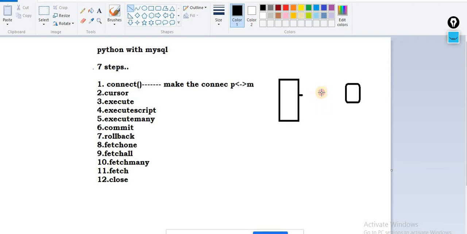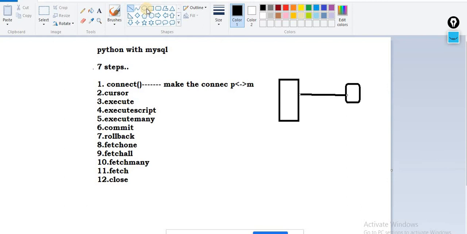For connecting these two separate frameworks, the main role is played by the connection. If you want to reach from this point to this point, there should be some connection. We already discussed in that video how you can make a connection between Python code and your MySQL.